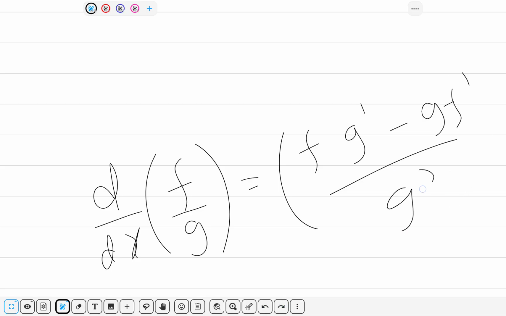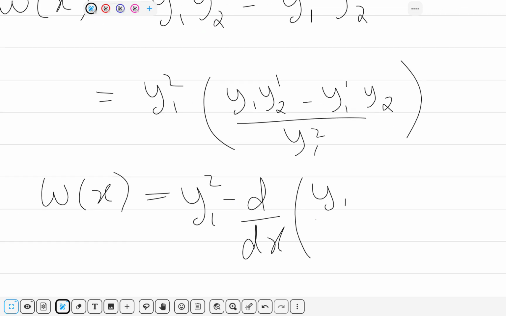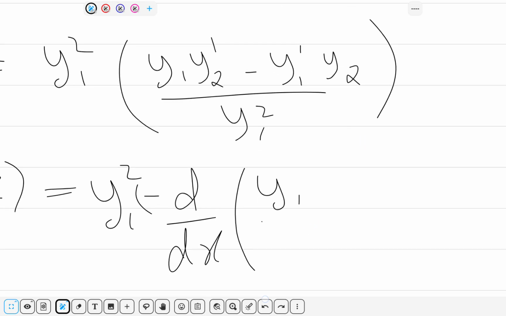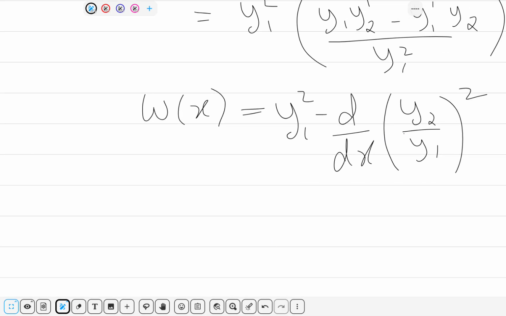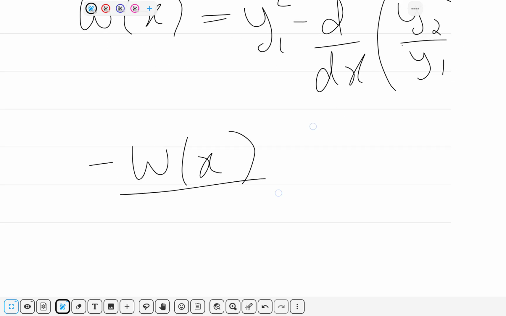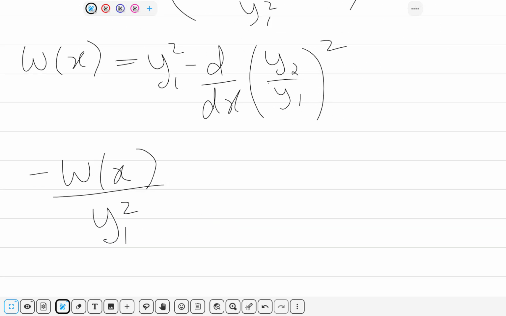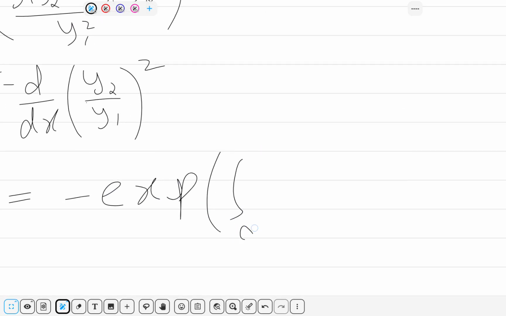Yes, it is. Okay, so I have to include a minus sign here, no problem. This will be y2 by y1 whole squared. So this means this will be W of x by y1 whole squared, which will be, as we have seen, the exponential of